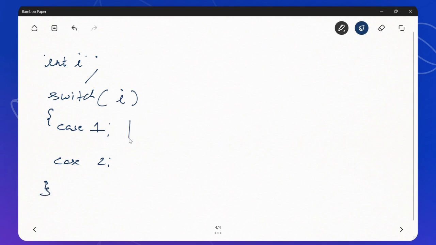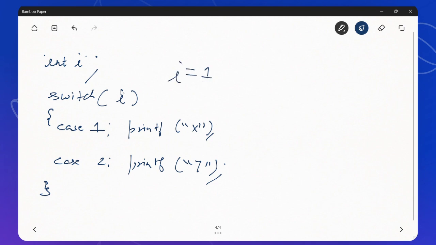Over here it is printf x, and over here it is printf y. Now suppose the value of I is equal to 1. What will happen in this program? Switch I will check with this case. The case will become true, so it will print X. We expect that the output should be X, but actually the output comes XY. Why does this output come XY?